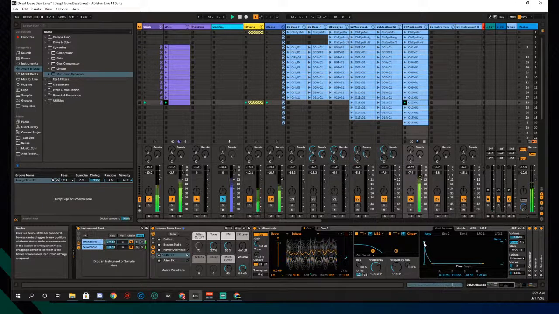What I'm doing here is just trying to get the attack of this one, so I just get the little bite on the front end. In fact, I probably could even